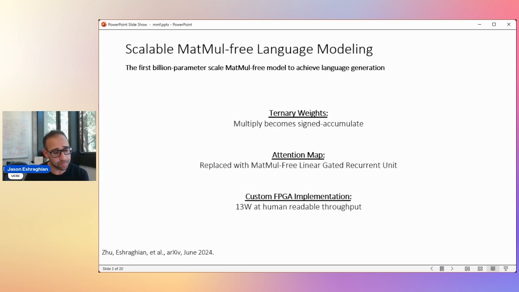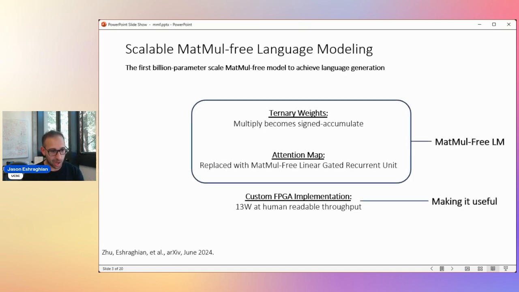this model as well. And as a result, we were able to run this model at 13 watts with human readable throughput. So just to kind of wrap this up, these first two things are what enabled this matrix multiply free language model, and the custom FPGA implementation actually makes it useful, right? Granted, it is of course useful to still be able to have the knowledge that a ternary LLM is going to work effectively, but actually deploying it is something else entirely, and gives you something really concrete to work with